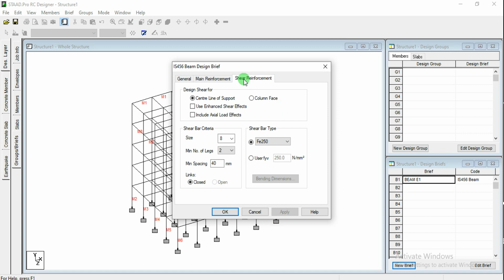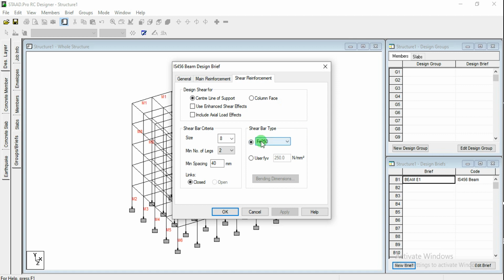And similarly, shear reinforcement, how the calculation has to be done, whether you want to apply the axial load effects or not. If you want to apply, you can take. You can simply cross check in interactive design. You can assign different parameters by different envelopes, and you can give different options, and you can just cross check how the results are coming. So simply you can interpret what changes are coming for different parameters.